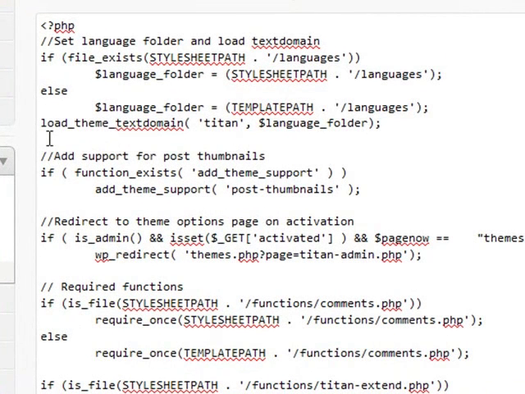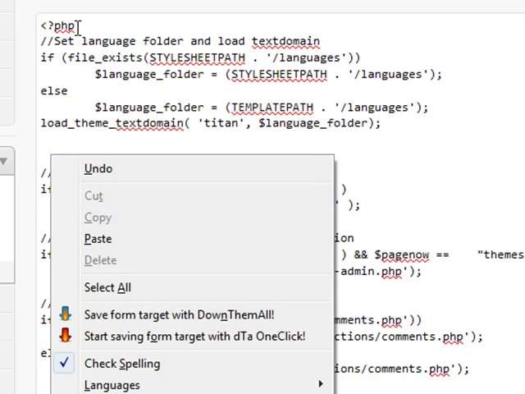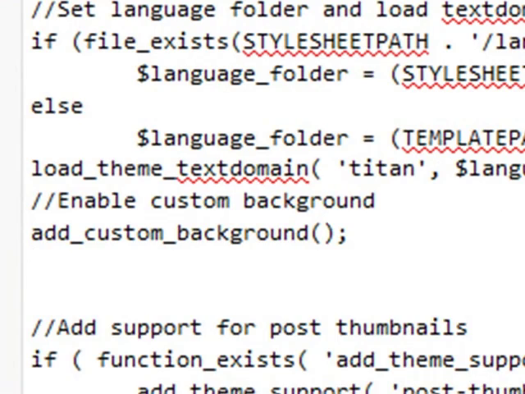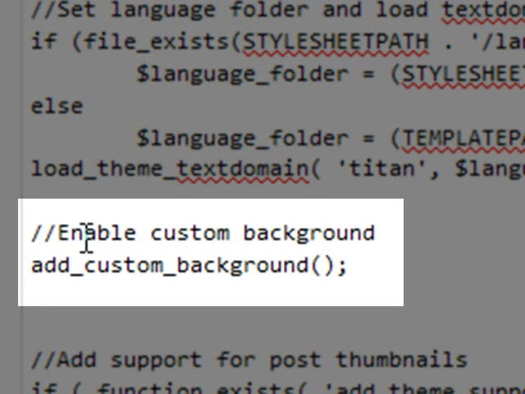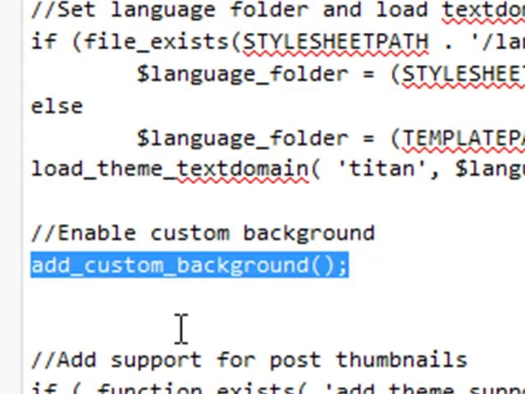And again, the look might be different depending upon the actual theme that you're using, but you can add it pretty much anywhere along the top here, but it has to be below this code. I'm going to just paste in this code right here, and it's basically just saying to enable custom background. This is the actual code right here. This is commented out, which just lets me know what it is, just like this is commented out. It just tells you to add support for the thumbnails. Well, this is the code that you need to install on the